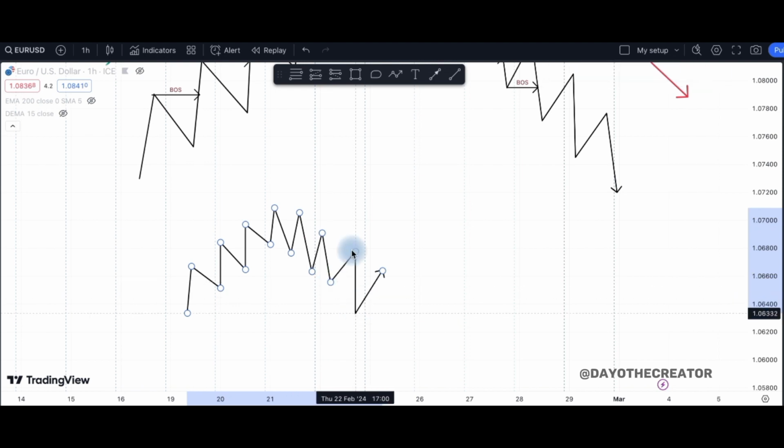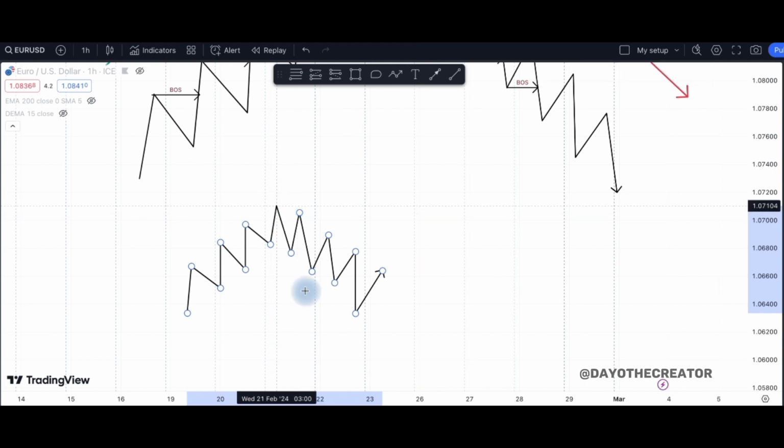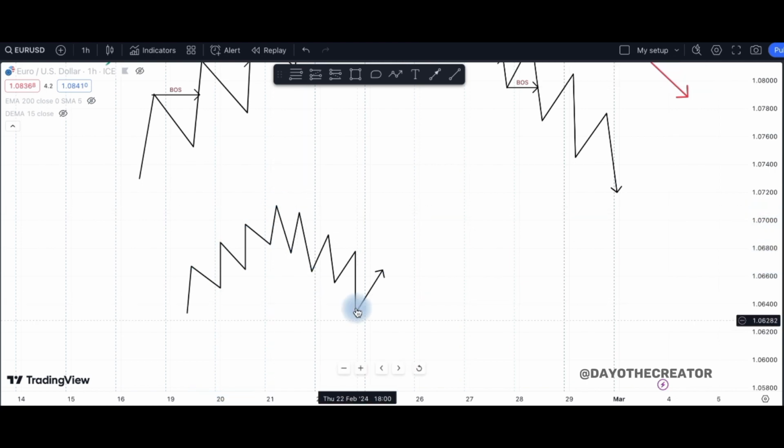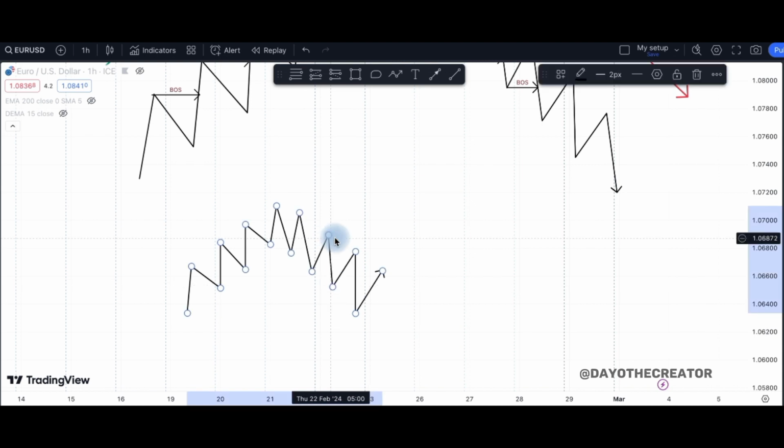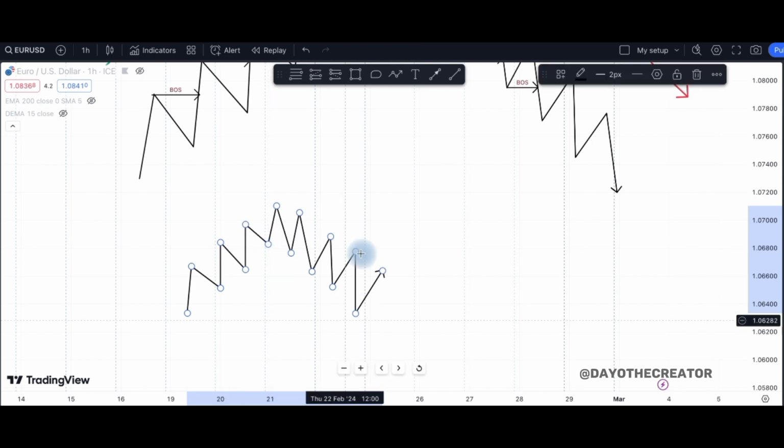So whenever the market fails to create a new high and it breaks the previous low, this is the scenario we call change of character. So now if you are to identify the area in which the market changed character,